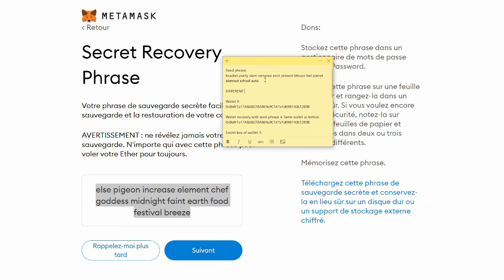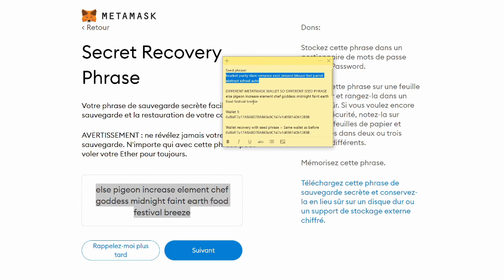So that's a different MetaMask wallet. So a different seed phrase. As you can see, the seed phrase is different from the one that you had before. We have a completely new wallet, so we'll get new addresses,